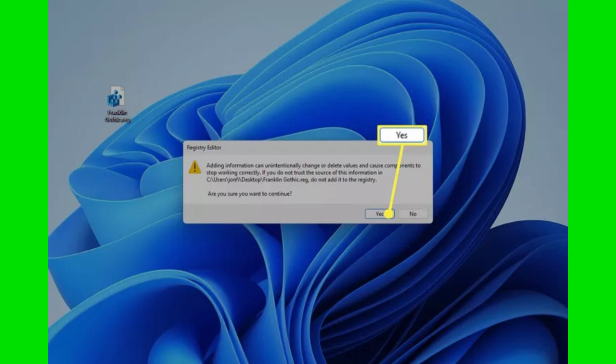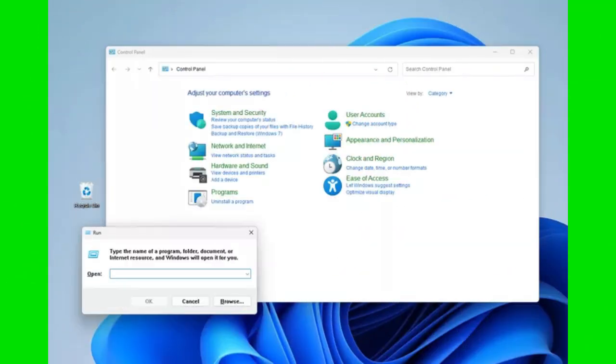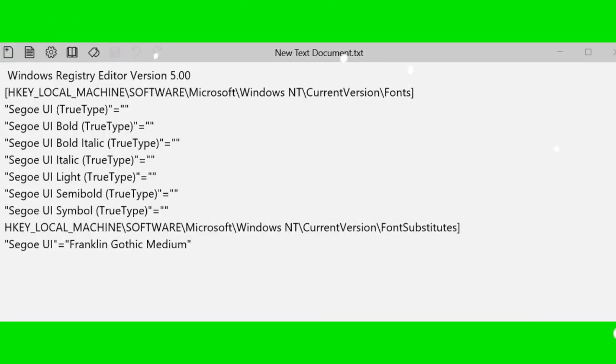Go to File, Save As, and change the Save As type drop-down to All Files, and save the file with a .reg extension. For example, changefont.reg. Next, locate the file you just created, double-click on the file, and confirm that you want to continue by